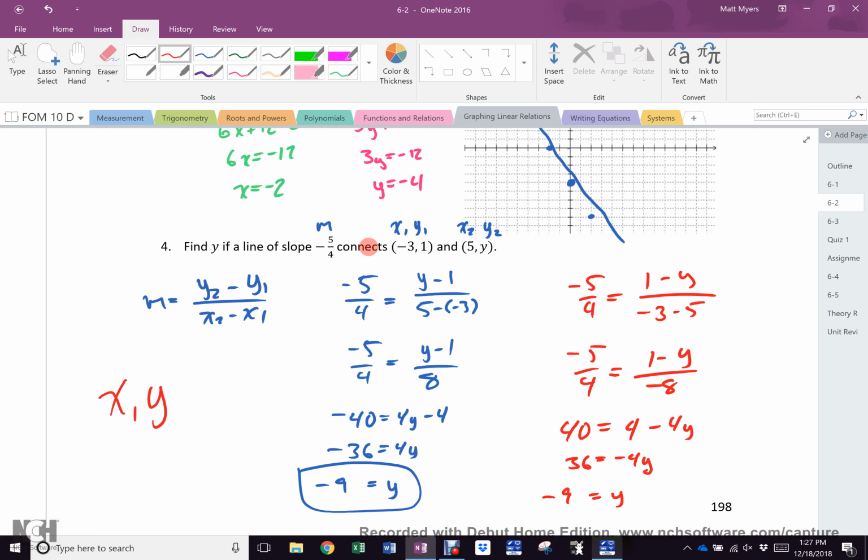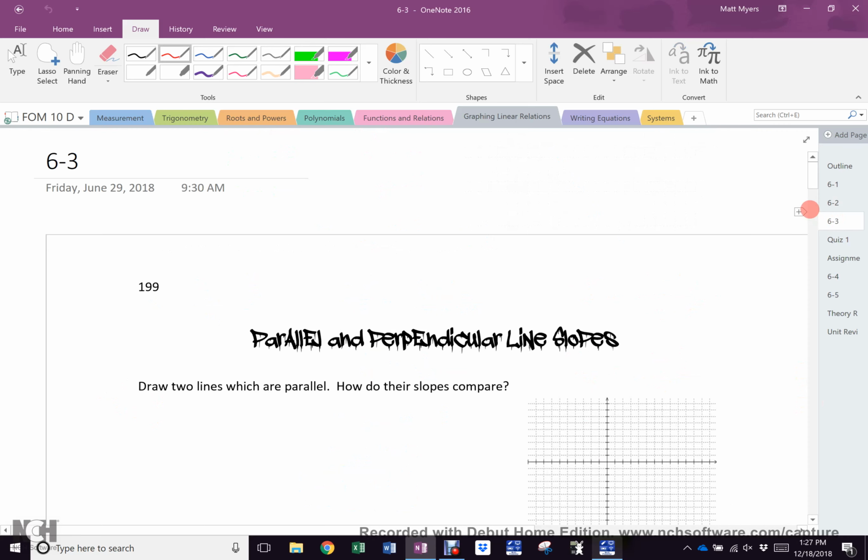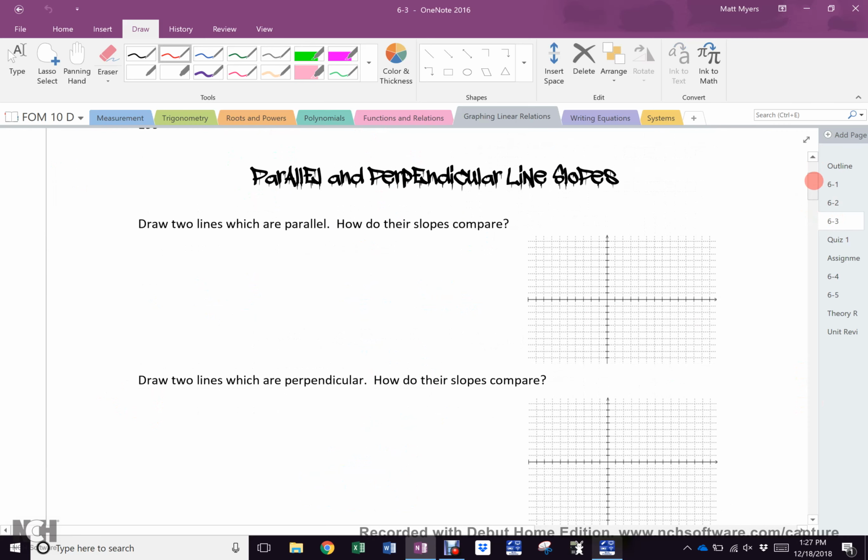Tell me the slope. What did I rise? 6. What did I run? 8. So what's the slope? 6 over 8, which I would simplify to 3/4. Correct? Everyone agree? Okay, now, if I copy that line, just the line, and I slide it over to here,